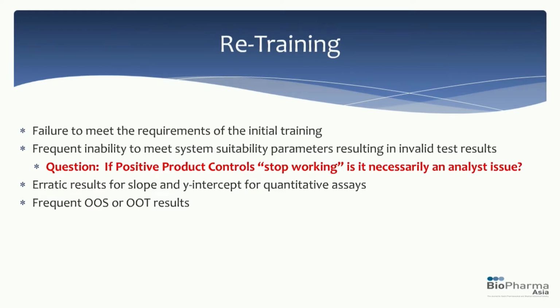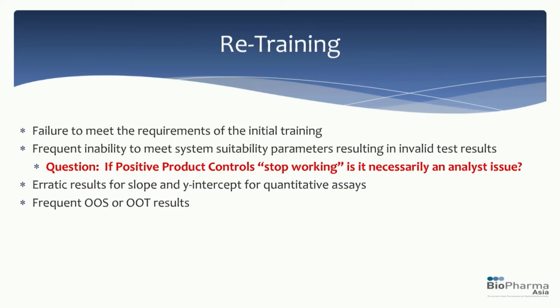We also put in there a provision for retraining. When should people be retrained? Well, we think that failure to meet the requirements of the initial training is one time. Let's say we have a number of invalid tests, or we have a number of OOSs, or we have a bunch of erratic results. If you have a quantitative test and you see erratic results in terms of the slope and the y-intercept, well, then perhaps that analyst needs to be retrained because perhaps that analyst doesn't understand